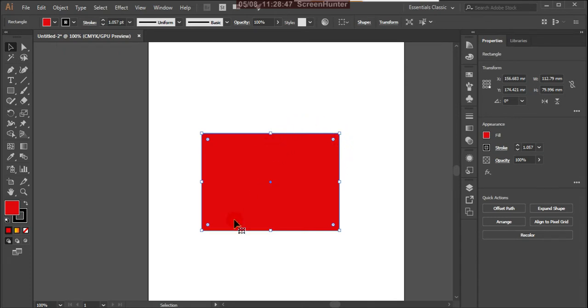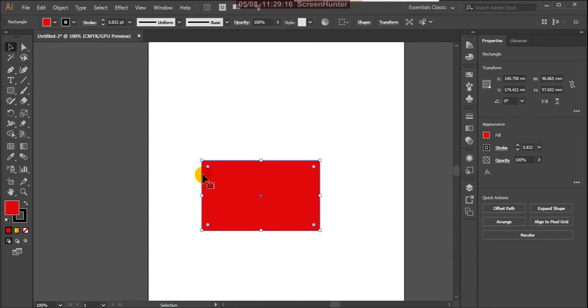Here, see, showing the small arrow marks, you can drag your object to make it smaller and bigger. With the mouse you can drag this shape how you want.